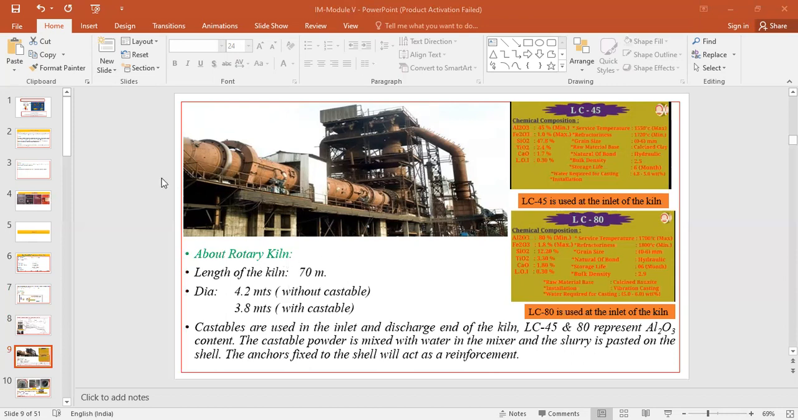The length of the kiln is around 70 meters, and its diameter is around 4.2 meters. That is without castable. And with castable, it is around 3.8 meters. That is the working volume of the rotary kiln. And especially, we use low cement castables, that is LC45 at the inlet end of the kiln, and LC80